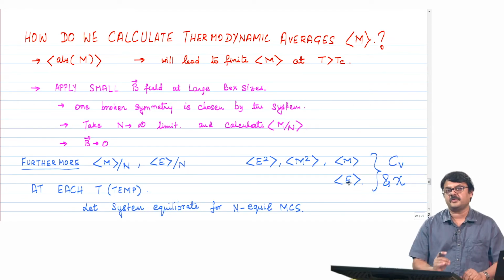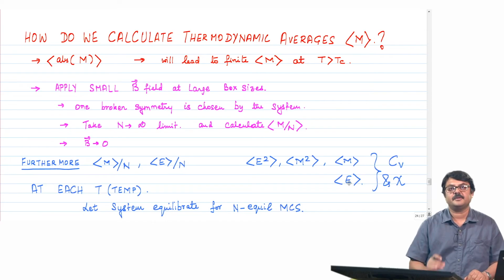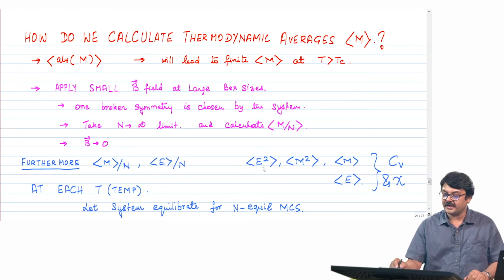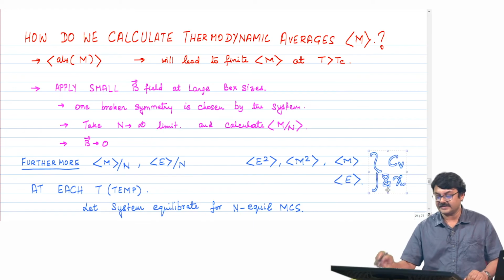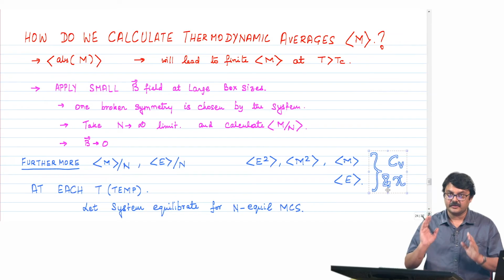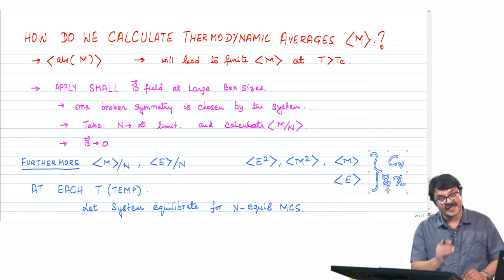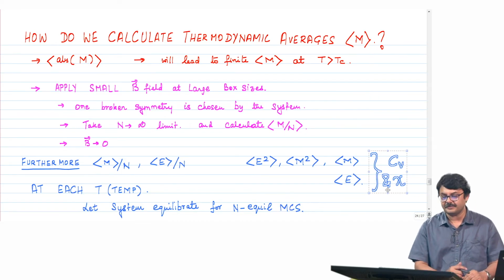So, basically what we have to do is start at a high temperature or a low temperature, does not matter, we will start initially at higher temperature, any initial condition, say random initial condition, equilibrate the system at that temperature, calculate these different thermodynamic quantities, measure this at a particular temperature, calculate the thermodynamic average, then slightly change the temperature, allow the system to reach equilibrium at the new temperature.